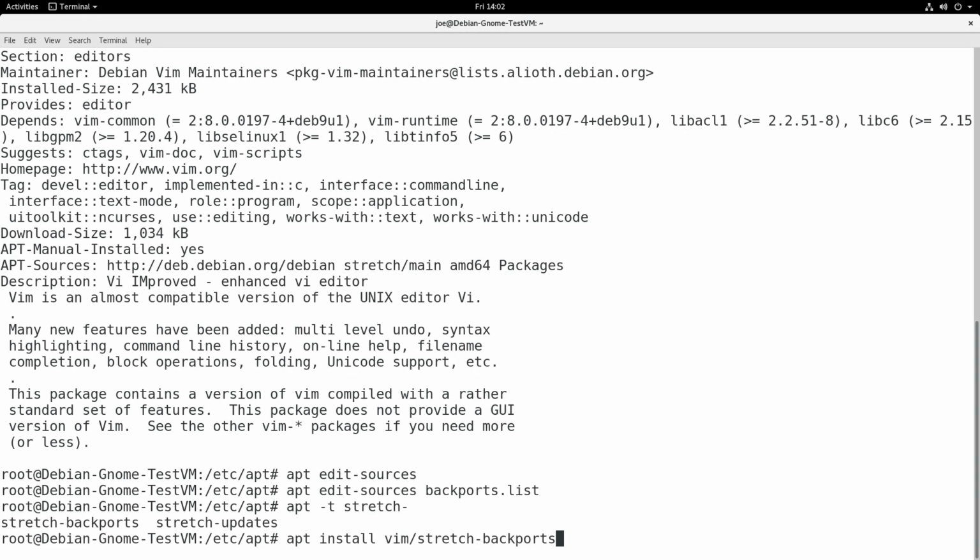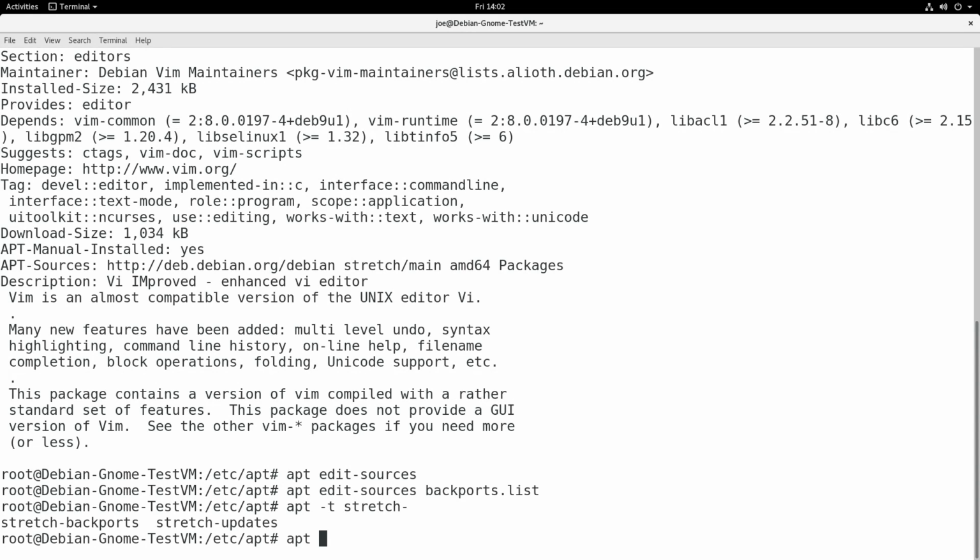Right? And that will install that specific version, or whatever package is available in that repository. The last thing is, what if I wanted to install a specific version of a package from either a repository or something? I had a specific version of that package in the repositories that I wanted to install. So let's take a look at